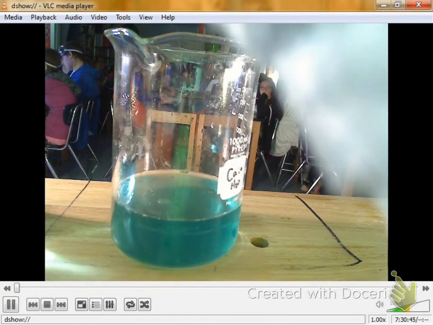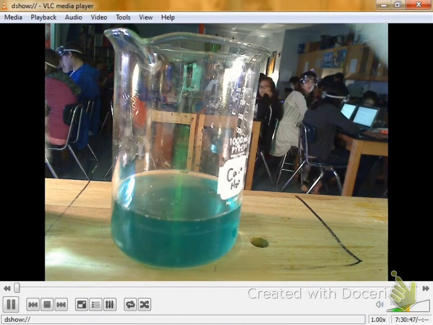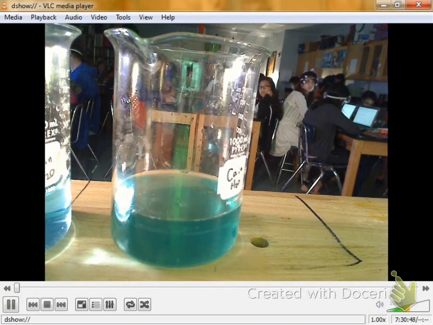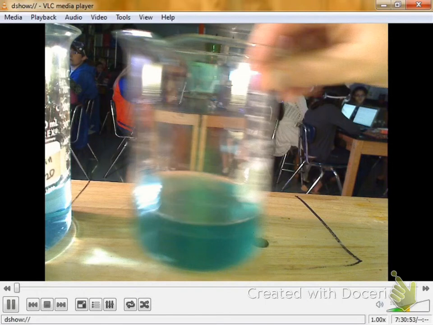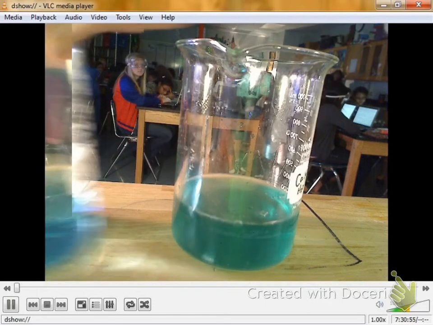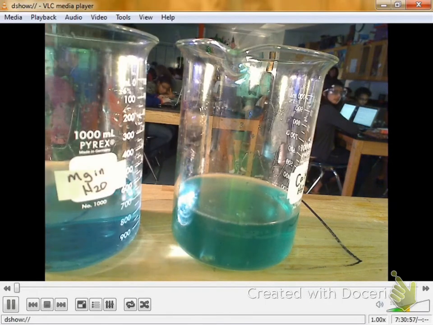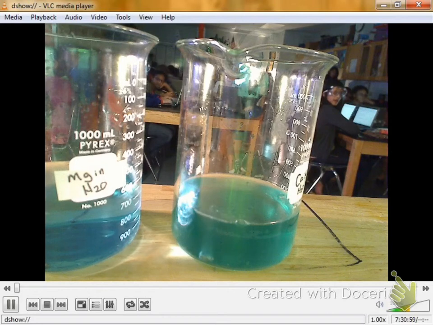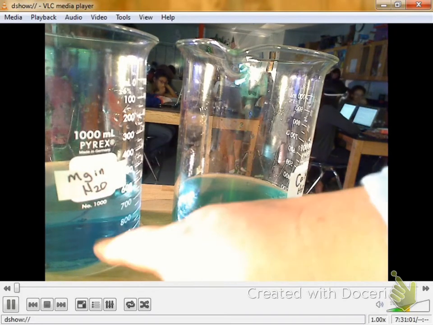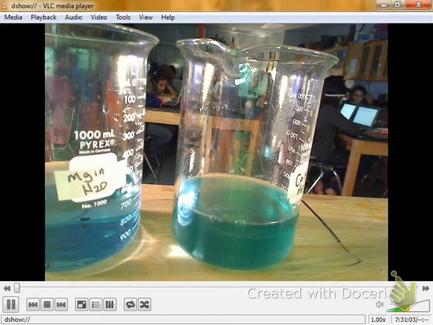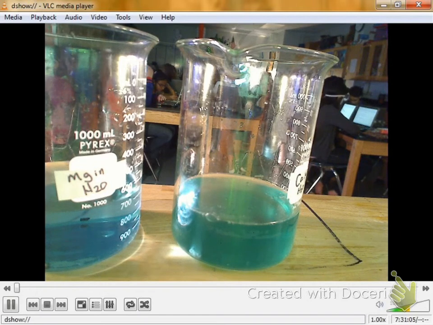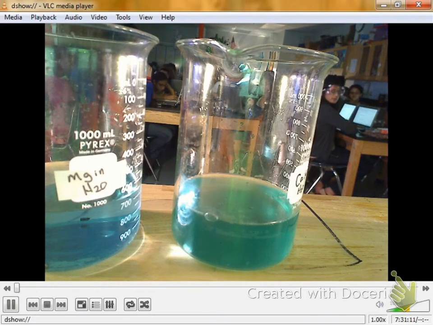Here, I'll set that one over there. Now it's barely in the picture. Yeah, this is calcium and water. That's the magnesium and water. Nice and blue. Kind of green up. Almost looks like icky pool water now, doesn't it? Gee, I don't want to go swimming in that. Yeah, so I'm thinking I don't want to go swimming in there.